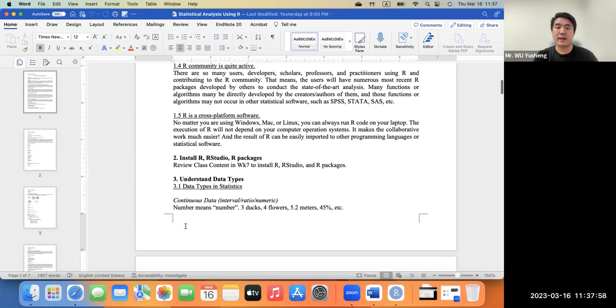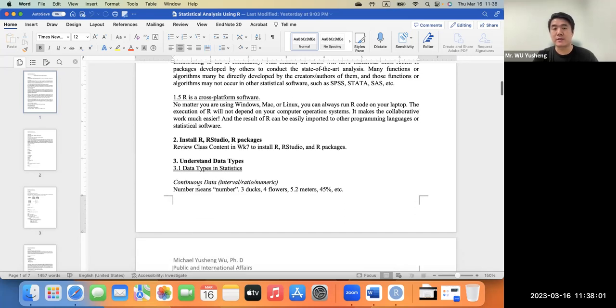So before we get into the basics of R, we have to install RStudio and R packages, and those instructions have already been taught in week 7. So if you haven't installed R, RStudio or R packages, just refer to the video in week 7 to get your R software installed and your RStudio interface installed. And for packages, we are going to load some packages this week and next week. So we may install the packages when we are doing the analysis. Okay,